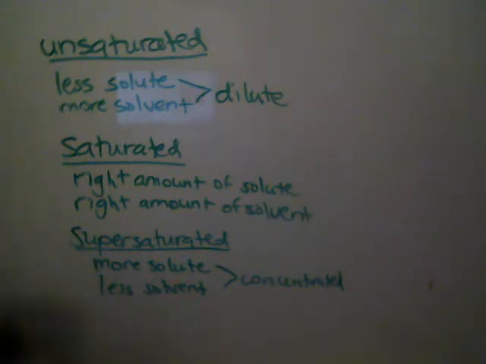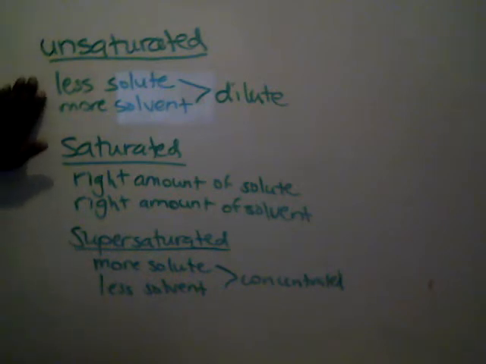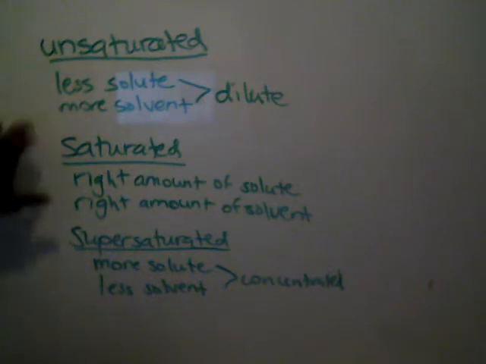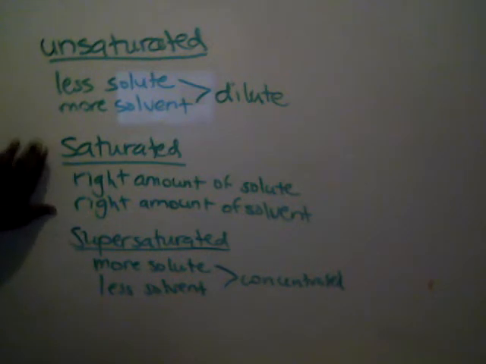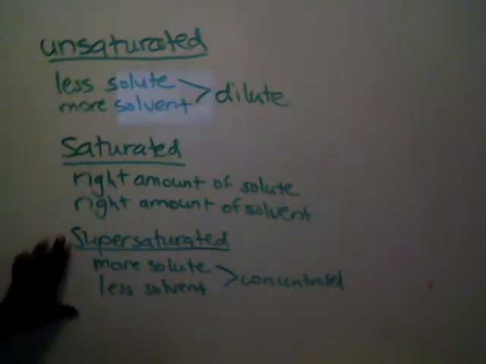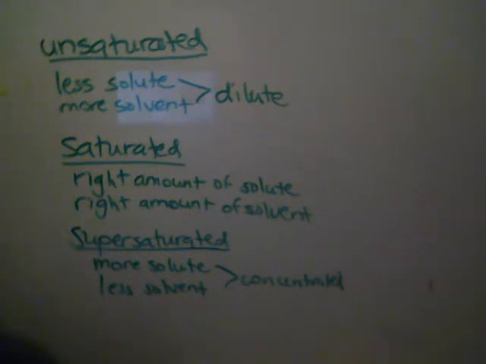It's too sweet. So unsaturated, you're kind of below the level. You could add a little more solute. Saturated, you're at the perfect amount. You have the perfect amount of everything. Supersaturated, you have too much solute. You probably want to add more water or more solvent to kind of balance things out. Okay. So then that takes us to the last point of